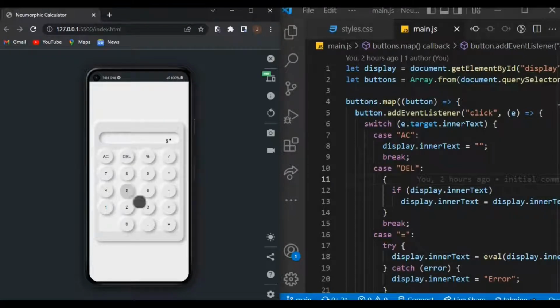In today's video, I'll be teaching you how to build a Neumorphic calculator with HTML, CSS and JavaScript. Neumorphism is just a soft UI that visually combines background colors, shapes, gradients and shadows to ensure graphic intents on